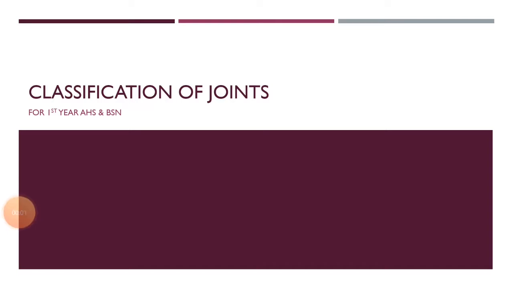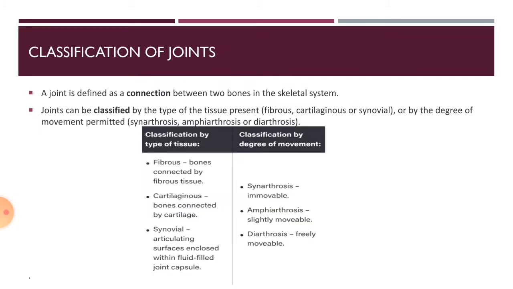Our today's topic is about the classification of joints, and we use different criteria to classify the joints. The most important are two criteria that we use. The first one is according to their structure, and the second one is according to their movement. The third criteria that we use is according to their range of mobility, that we will discuss in the end. So starting with the two main criteria.